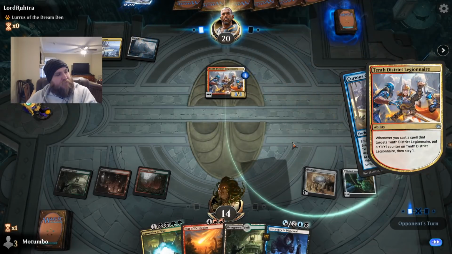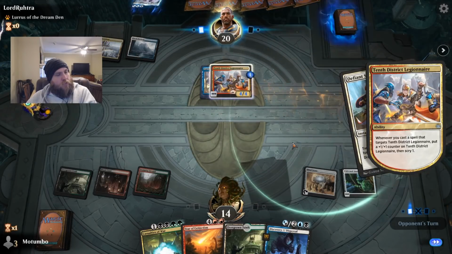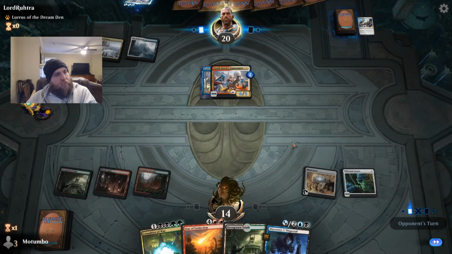That's really good. Looks like he might be stuck on land, though. God, hitting for 4 is really, really powerful. Oh, hitting for 6. We were right. Would be better to be at 18. So